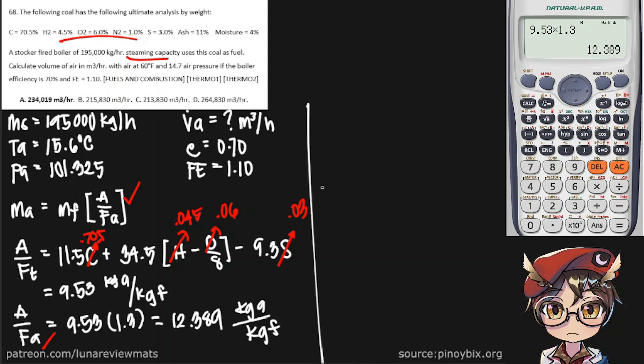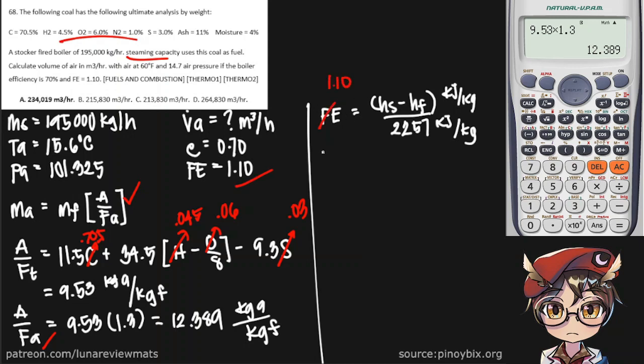Next, we are given our factor of evaporation, and it has this formula. These are both in kilojoules per kilogram. So we have an Fe of 1.10. Simply substitute that. And we should be able to get our enthalpy difference. Okay, 2482.7